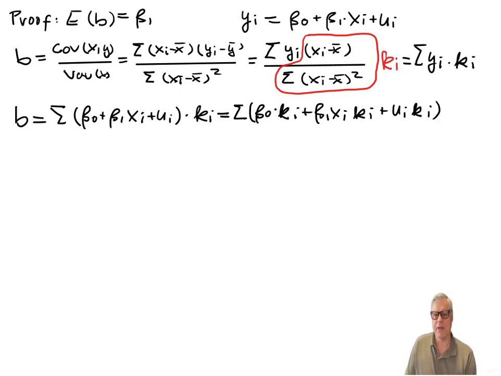Okay, but now I write everything in sums, wherever I can sum it up. So wherever you see a plus sign, I can put the sum sign also in front of it. And that means we can write b now as, and remember, whenever you have a constant, that goes in front of the sum sign. So the sum of beta 0 times ki can be written as beta 0 times the sum of ki